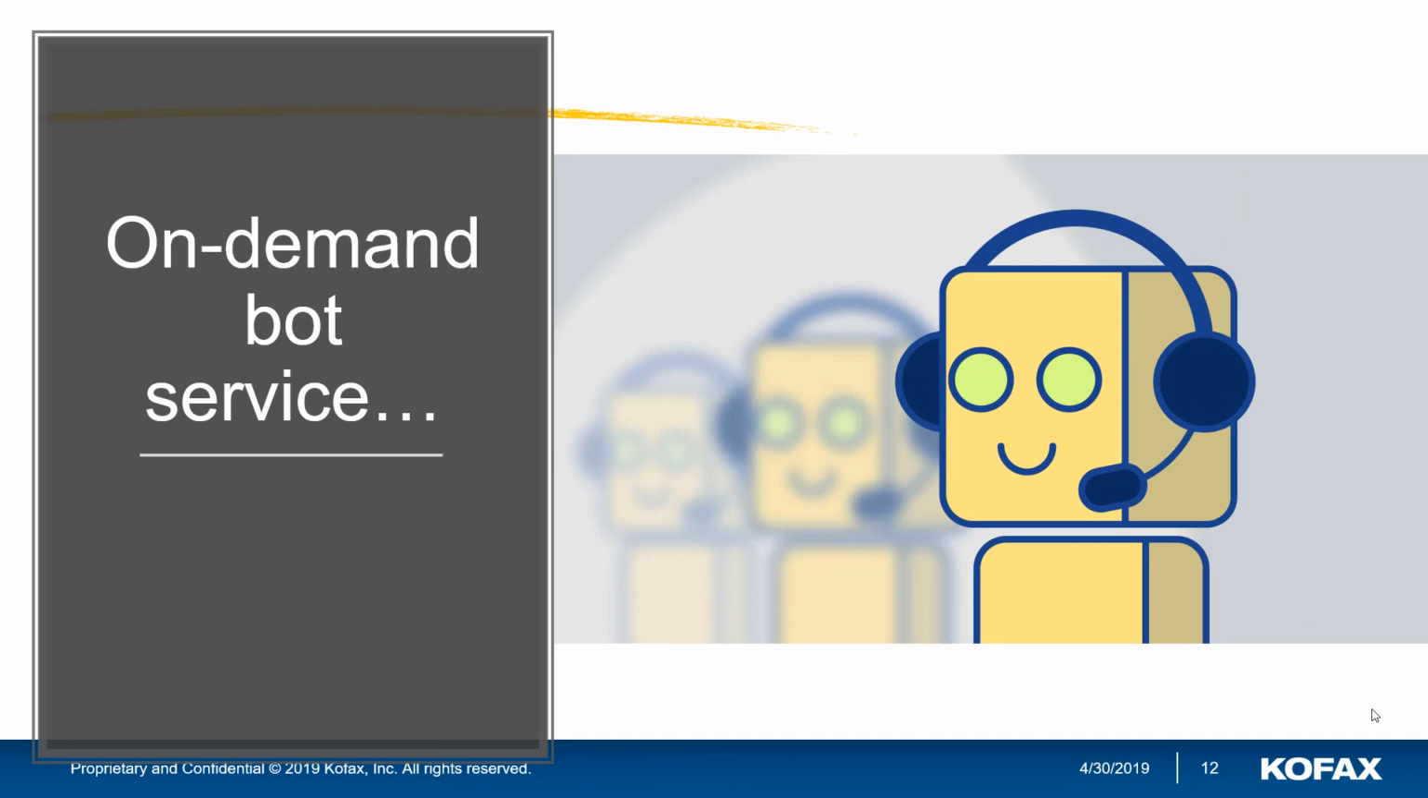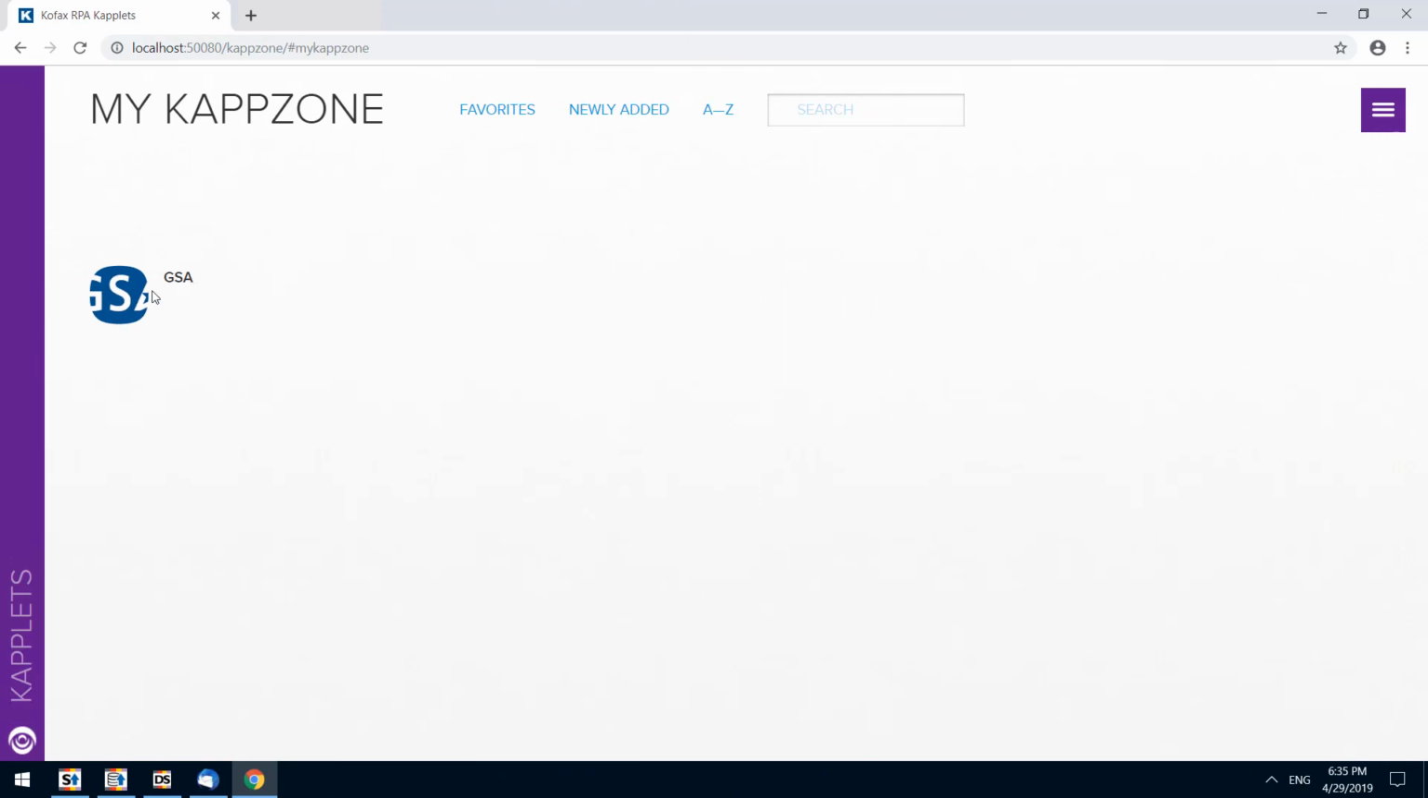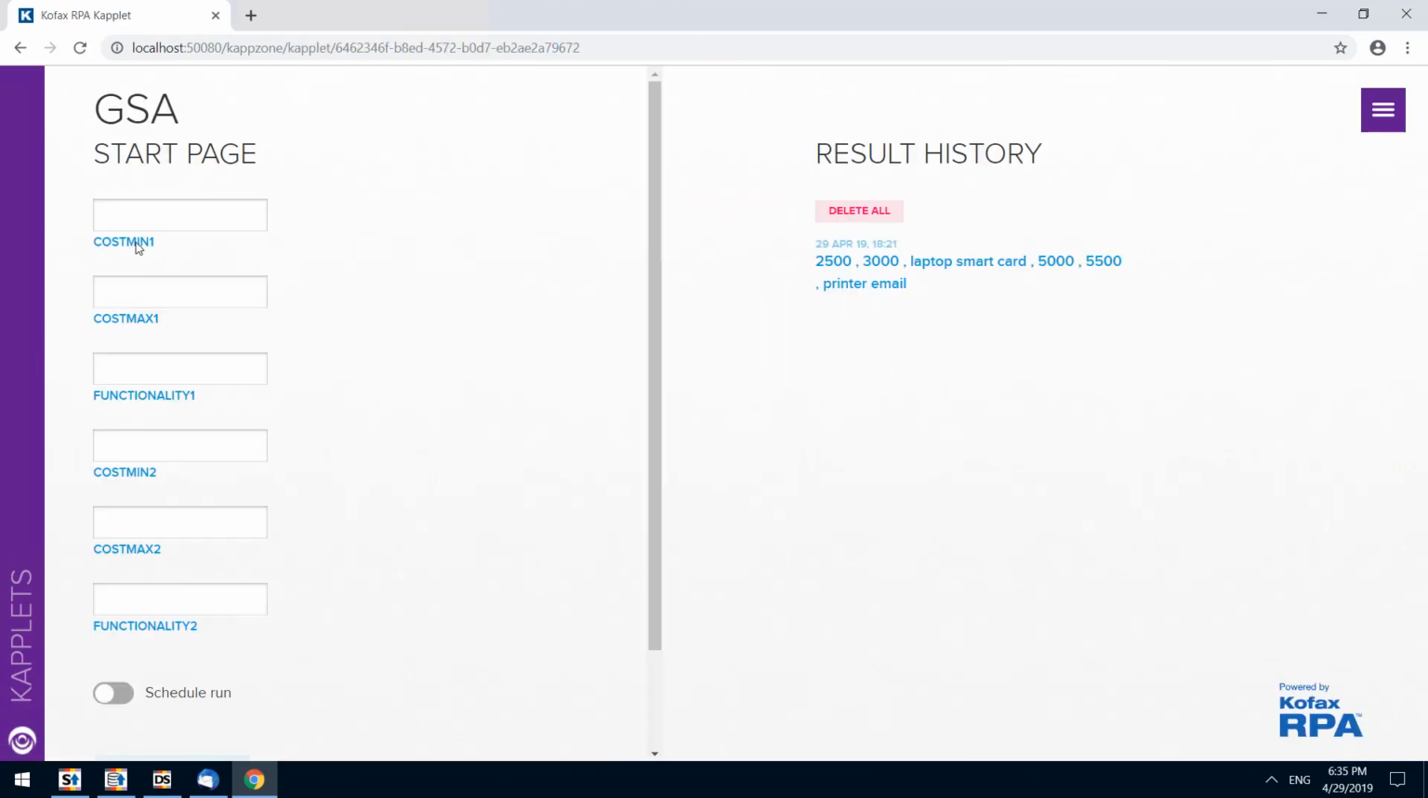Now, to show you a way of having an on-demand bot service, if I wanted to change any of that criteria, I can go in, open this up, and enter in different criteria here. So these are different parameters than what the robot that just executed used, but it allows me to do some on-demand runs, and maybe I change some of the